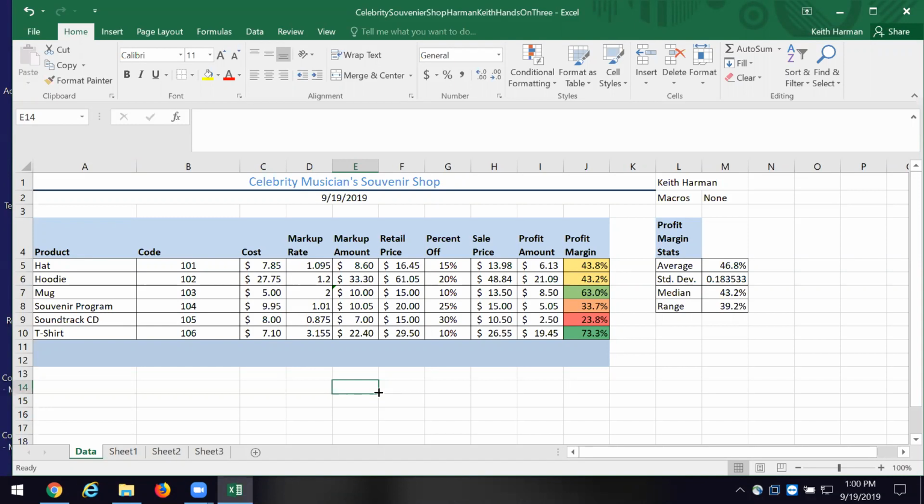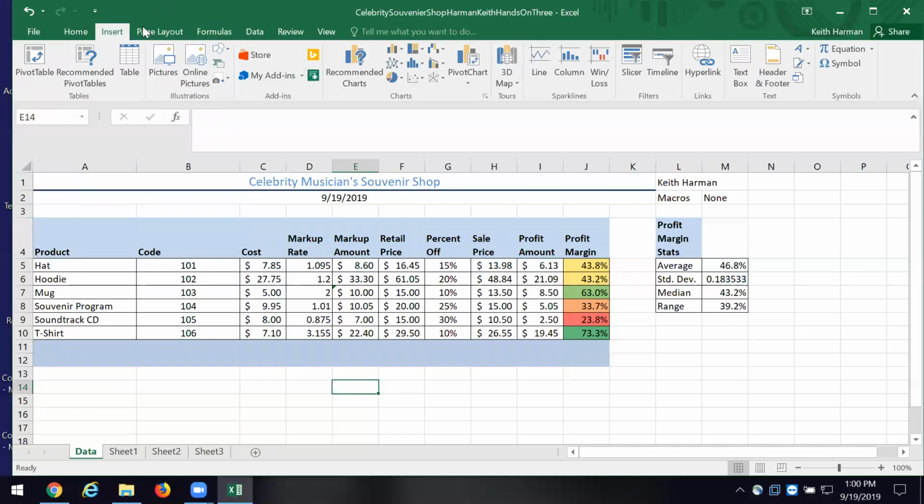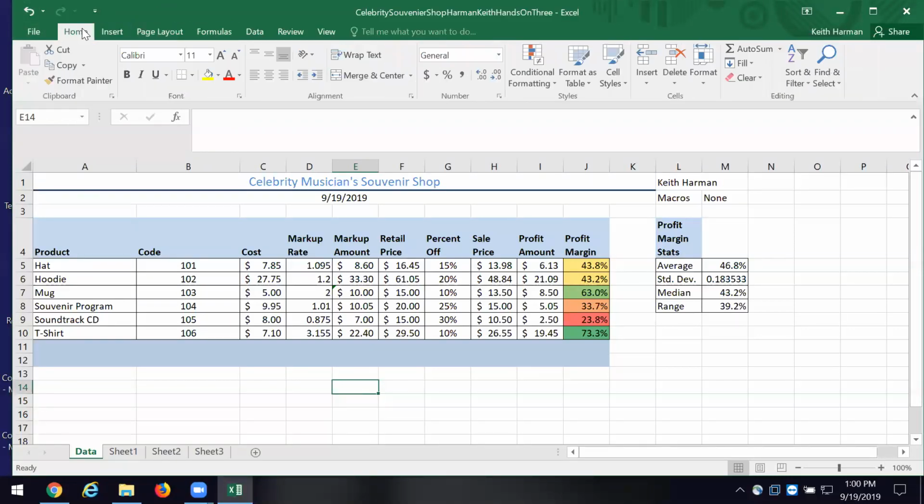So we've inserted a column and then inserted out. We can do the same thing with a row. We'll do the insert. Boom. And then we'll come over here and we're going to go home, and then we'll click insert. And if I want, I can insert a row, or I can delete a row, or I can insert a spreadsheet, a sheet if I want to.